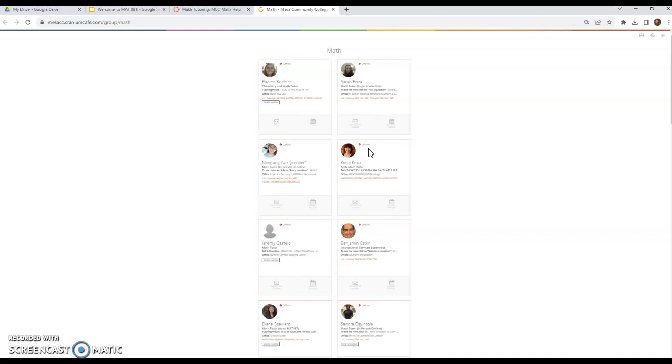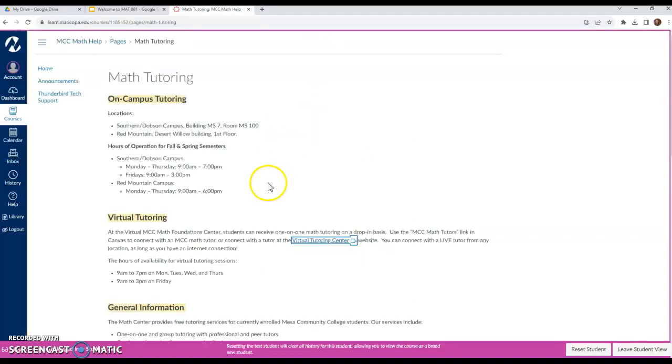So their web camera would open up, as would yours, and you can hear each other and see each other, and they can help you with your problems. So all you really need is an internet connection and a device to log in. So you could be at work on a break, you could be at home, you could have just finished dinner with your family and you want to pop on really quick and get some help on your math homework. They're available to you. So those are the same tutors that we hire that work for us on campus. The other option you have